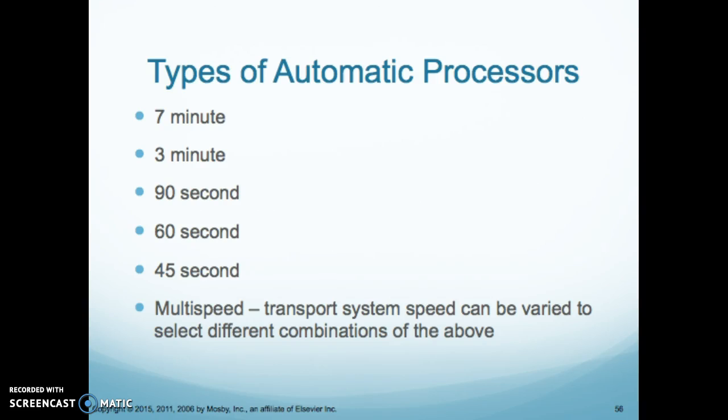So there's different types of automatic processors. Back in the old days, there's a 7-minute processor that was fast, I remember. We went to the 3-minute processor, which is great. Then the 90-second, 60-second, and there's a 45-second processor. There's also multi-speed processors where the transport system speed can be varied depending on the different chemicals and film